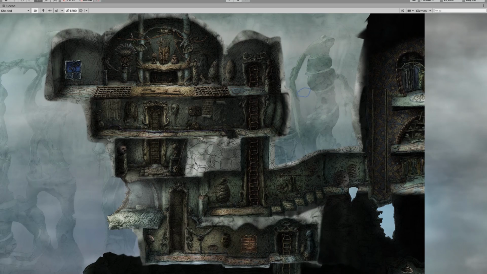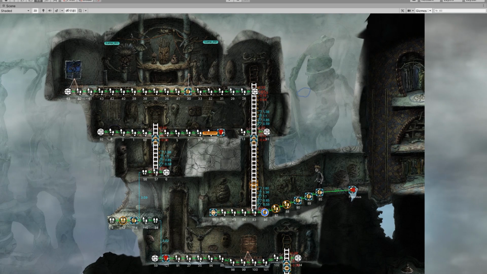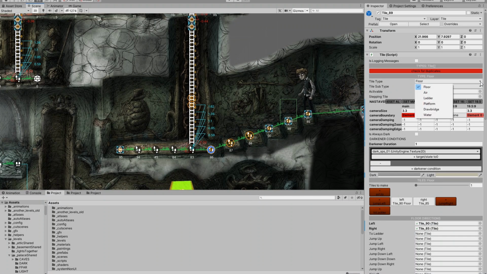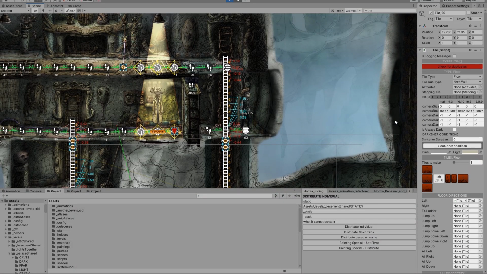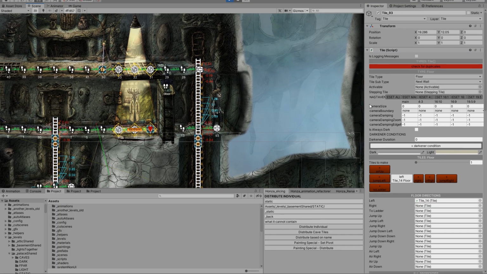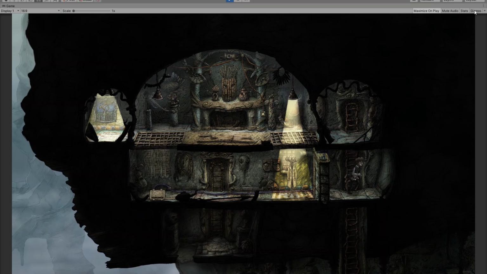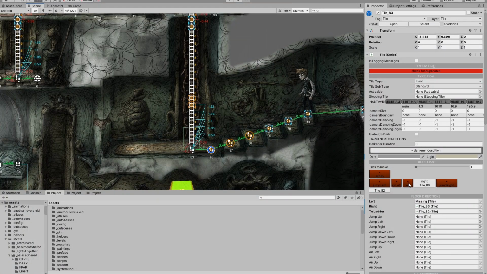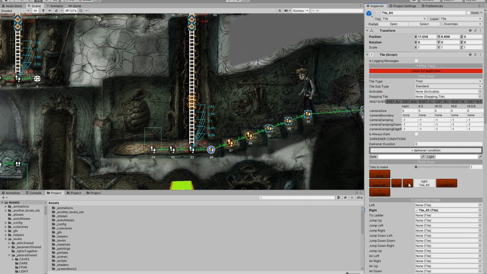When we are talking about our hero, we should talk a bit about the system and logic that is behind his movement as well. We have created a special grid tile system that lets our hero know where he can go and how to behave. Each tile has a set of properties and connections to neighbor tiles, and if, for example, the tile is marked as next to wall and our hero steps on it, then the animation of him placing a hand to the wall is triggered. This system is also very useful for quick prototyping and making sure that the game design works before we start to draw and paint.